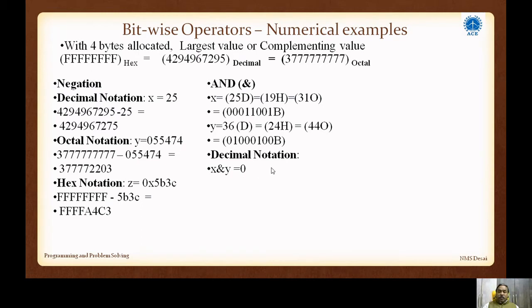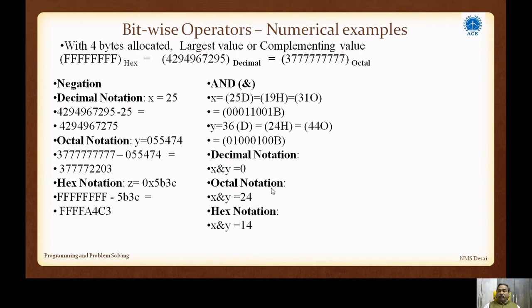So it is 0. Now when it is octal notation, x AND y is equal to 24. How? In octal, 3 bits at a time are to be taken and the bits are to be separated. 3 binary digits equal 1 octal digit, so accordingly the conversion is to be done. For 3 bits we have to take them, and anything lesser we have to supply with zeros. 1, 0, 0, 0. We take it this way and we get 24 as the answer.